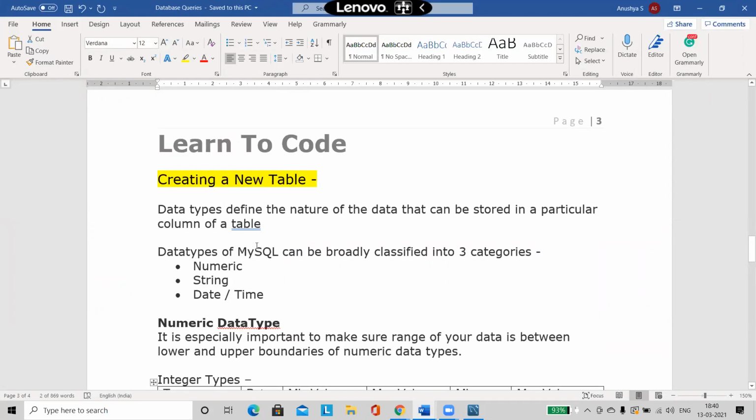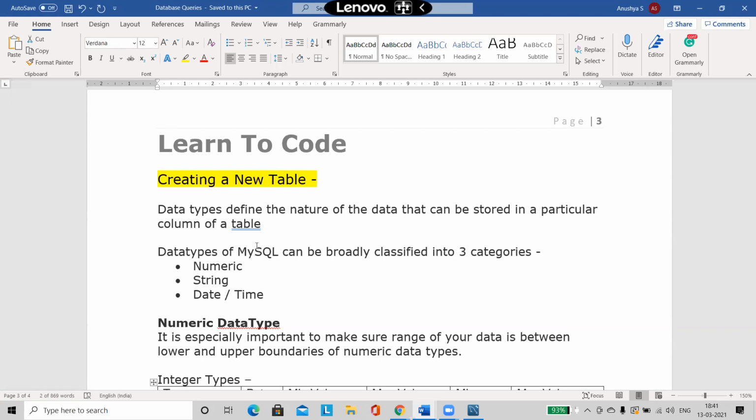Why is the data type very required here? Why is it so necessary? For that, the first point you have to know is that the data type will decide what type of data I am planning to store inside that column. Whether I'm going to store some numbers, or some string values, or some date and time, or some decimal point value, that is with dots, some floating points. What type of value the column is going to hold is decided with the help of the data type. So it is very important for this purpose.